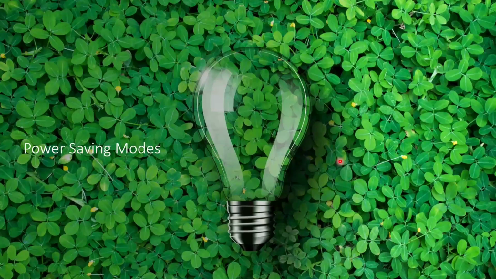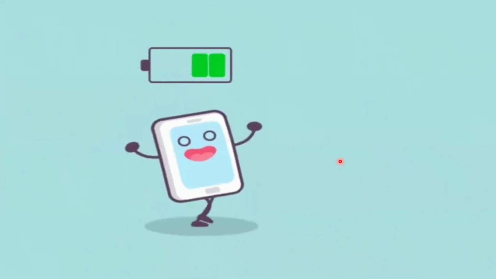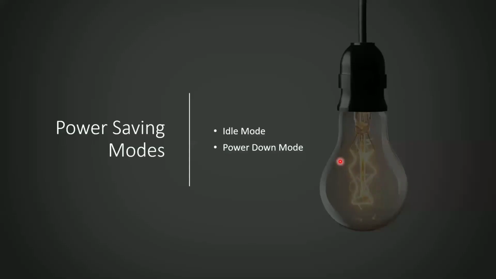The next topic is actually not in the syllabus, but still I want to tell you about it: power saving modes. You tell me, why do we need power saving? Because whenever you take your mobile phone, laptop, or any battery operated device like a remote control, all of these operate on batteries. If we save the power, we can use the device for a long period of time, which is the obvious choice. If you don't have enough power, it will be frustrating.